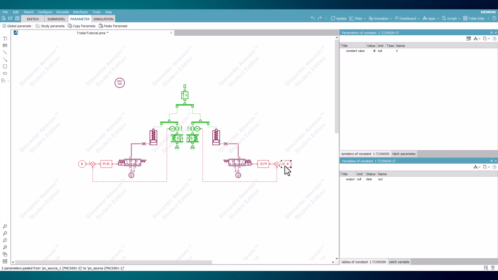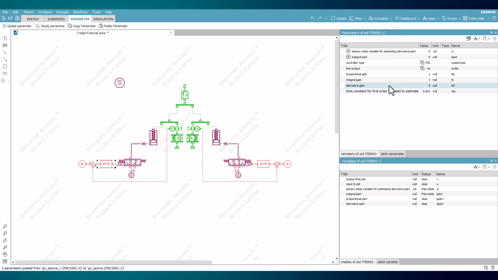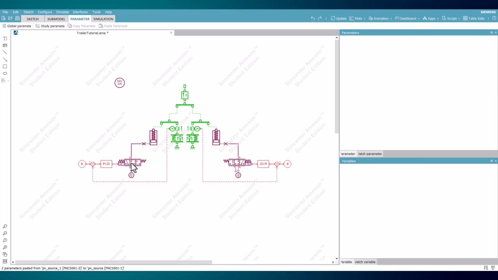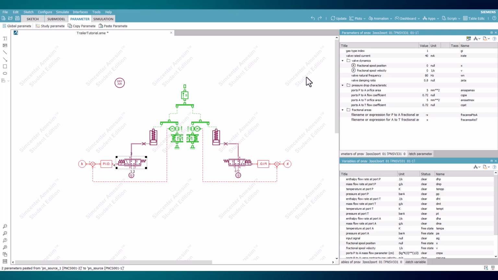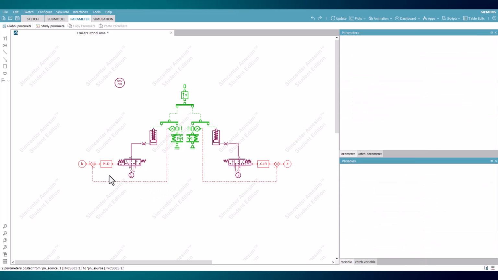Now looking at the parameters of the PID, a proportional, integral, and differential value are available. The proportional value is a number that will be multiplied by the error value. Now, opening the parameters of the valve, a rated current is displayed to be 40 milliamps, making 40 the maximum value the PID can send out, ignoring units as the port is in the form of a signal.